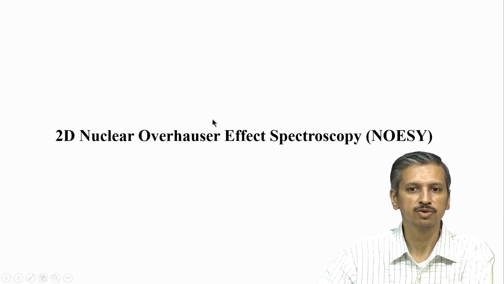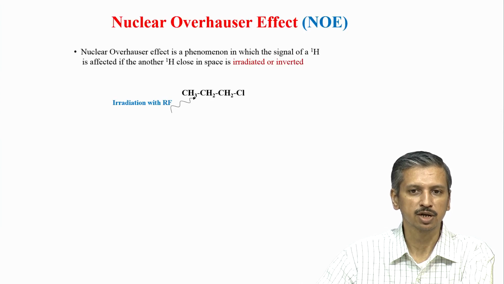We will move on to 2D nuclear Overhauser effect spectroscopy, and this is a completely different type of transfer of magnetization from one spin to another, and it is a very important experiment in NMR. In fact, this is the experiment which resulted in biomolecular applications of NMR and which subsequently resulted in the Nobel Prize for Professor Wüthrich. So, the nuclear Overhauser effect, or NOE, is a very important effect in NMR, used routinely not only for small molecules and biomolecules, but for any other aspect as well.